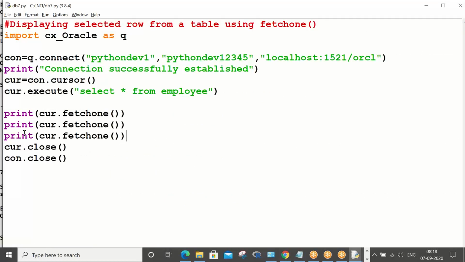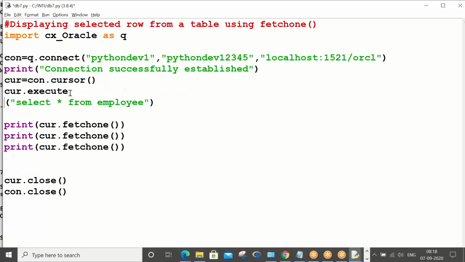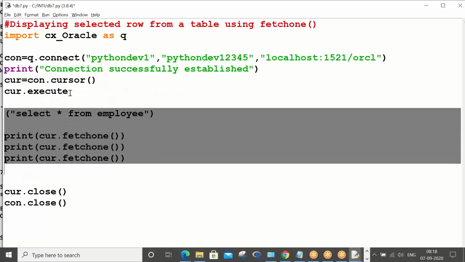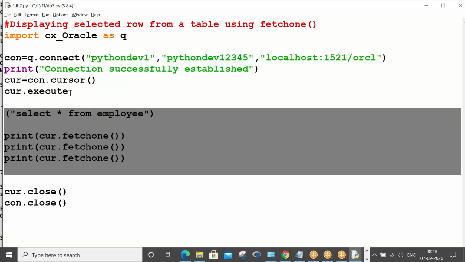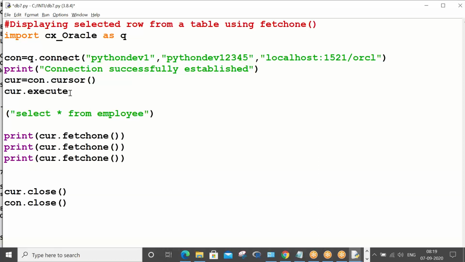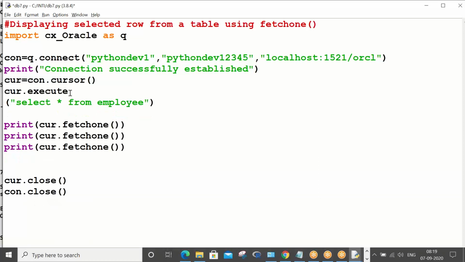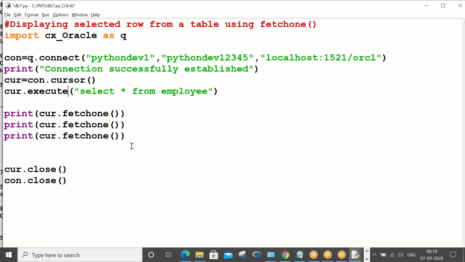So only a slight change. As I told you again, only a portion of the logic varies from program to program. Below 2 lines and above 5 lines, almost 4.5 lines are common for all the programs. So that's what it is. Let me proceed.